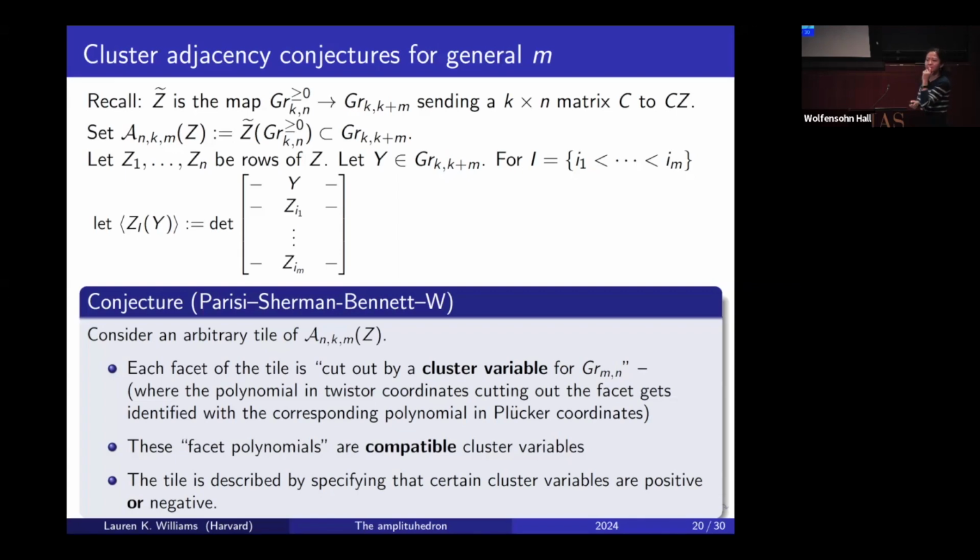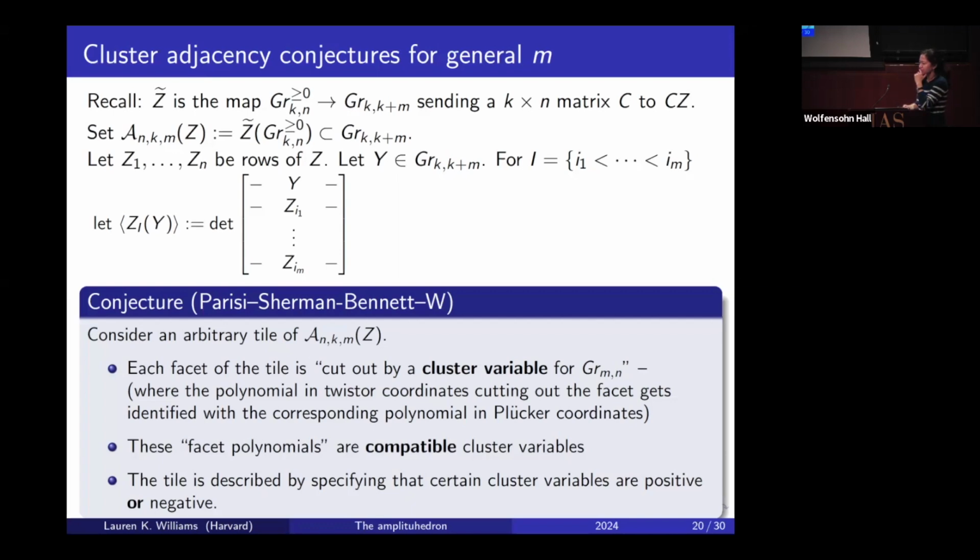Oh, sorry, there's a question? For any m, including odd. Including odd. Uh-huh. So there's a finite list of cluster variables involved in this case. Only when m and n are all parameters are fixed. No, because for example, for the Grassmannian of 4 planes in 8 space, there are infinitely many cluster variables. I understand, but in this description of all the types, there's a finite list. Oh, yes. Do you know a priori how many? No, but in some sense, one could argue those are the only relevant clusters. That's right. So yes, we would really like to know, but we don't know.